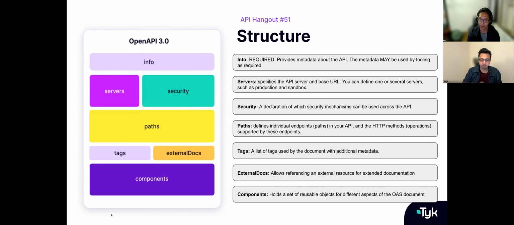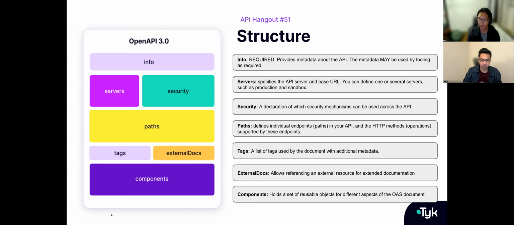Paths is where you define the individual endpoints, as you would have seen previously, and the HTTP methods that are supported by these endpoints. Then we go into tags, a list of tags used by the document with additional metadata. Again, tags and external docs are additional information that you can provide. External docs, as the name suggests, is to reference an external resource for extended documentation.